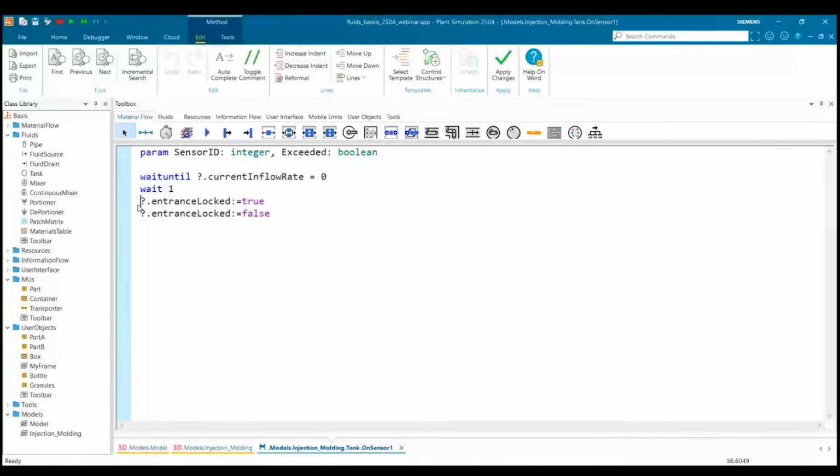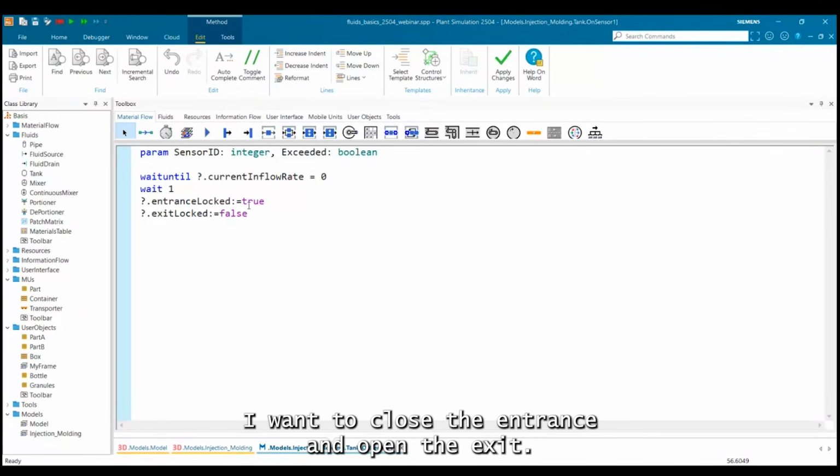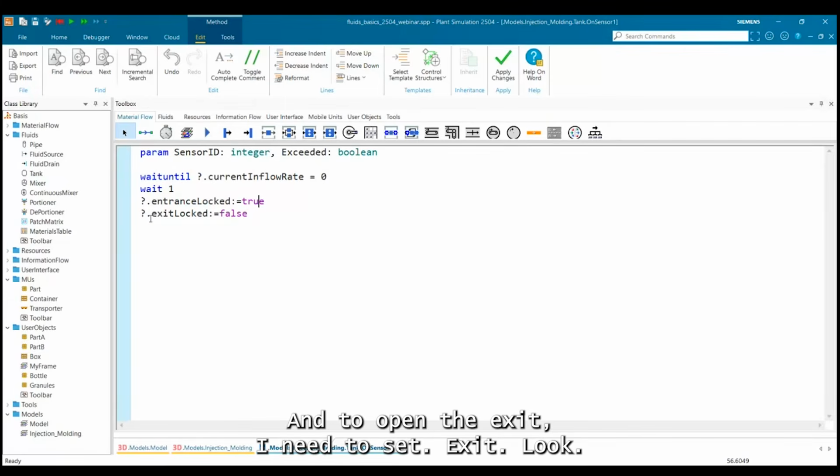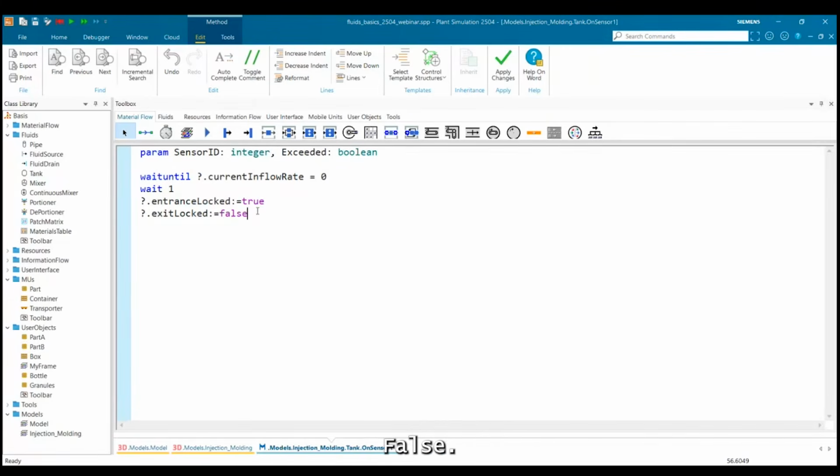Exit locked false. It was a long day. Okay, I want to close the entrance and open the exit. And to open the exit, I need to set exit locked false. F7. And now it should work.